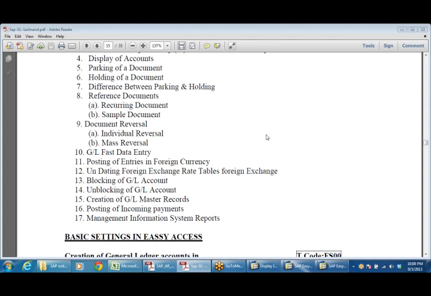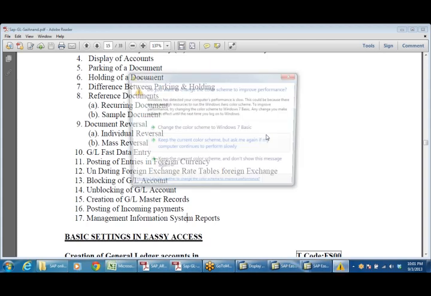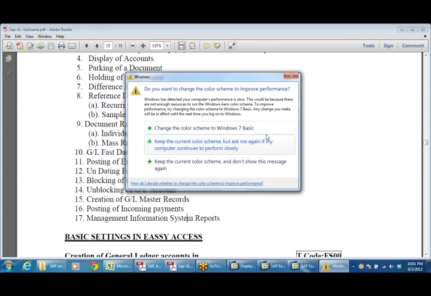There is no shortcut, only long cut. You have to practice in front of the system, and automatically you can remember. Or otherwise do one thing, write down all these things, paste it in front of your table, and look at it daily for 10 minutes, and within one week you can do all those things. Just like in my CA Inter, when I was writing my exams, I used to write all the mathematical formulas, integration, differentiation, everything, on a paper and paste it in front of the table. Whenever time permits, just look at those things and try to remember. I think the same technique you also can use.